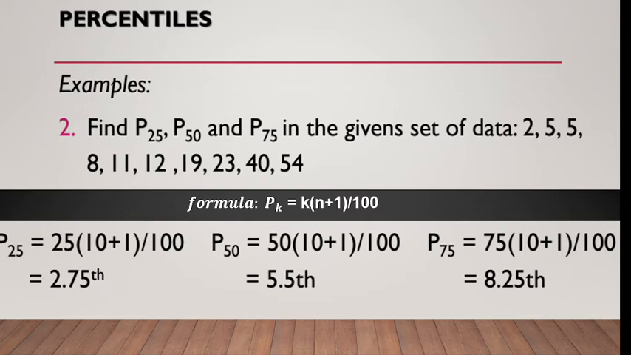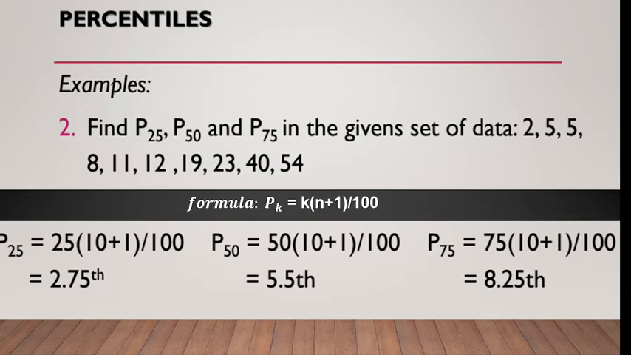Then let's have another example. Find P sub 25, P sub 50, and P sub 75 in the given set of data: 2, 5, 5, 8, 11, 12, 19, 23, 40, and 54. So, the first thing we should do is arrange the data from least to greatest. Then, it is already arranged. So, we can use the formula P sub k equals k times n plus 1 over